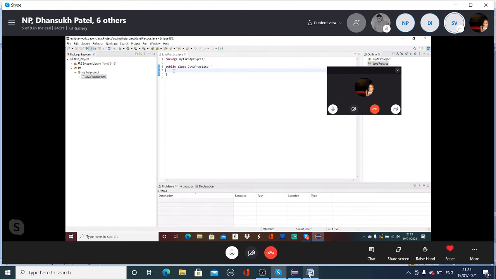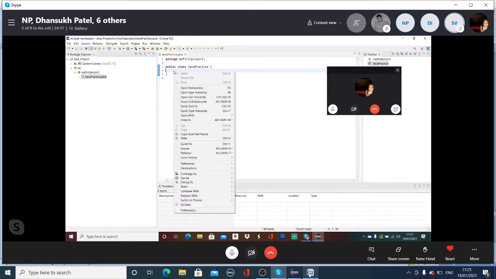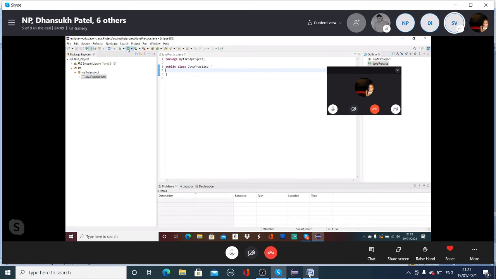So what should I do right now? Just click on the green arrow. You can right click, then it won't have the option at all, because it will not let you do it. So just click on the green arrow which I have showed you. It says the selection cannot be launched, and there are no recent launches. Yes, because you don't have the main method.